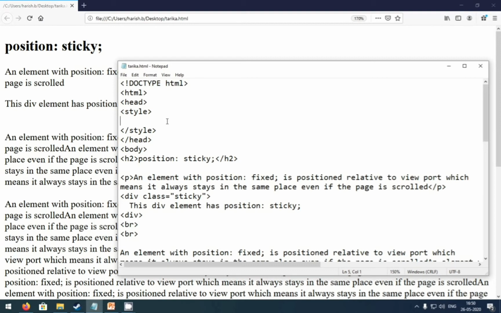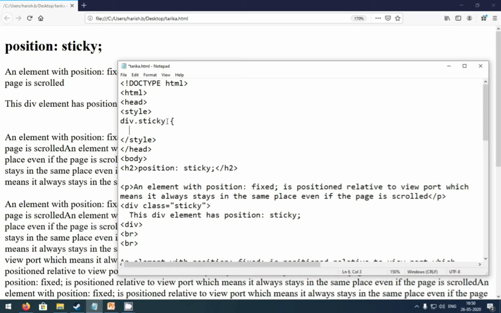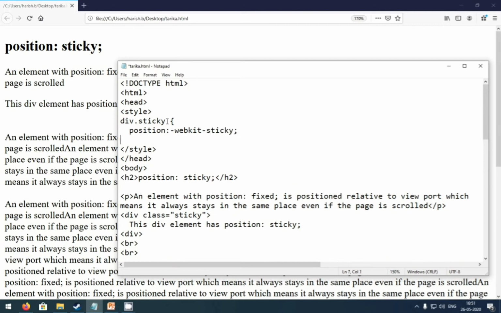First I'm going to select the div element. The div element's class attribute is sticky, and in the declaration I'm going to add the position, like -webkit-sticky, or here I'm going to write both positions.